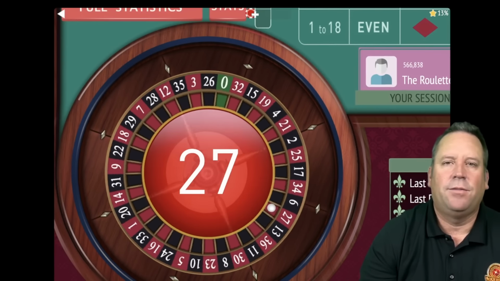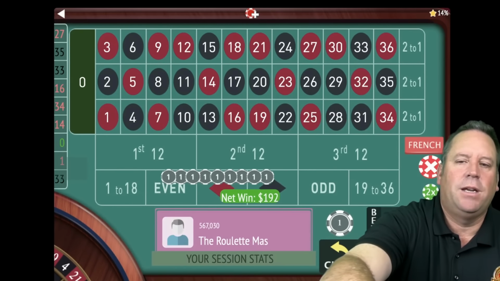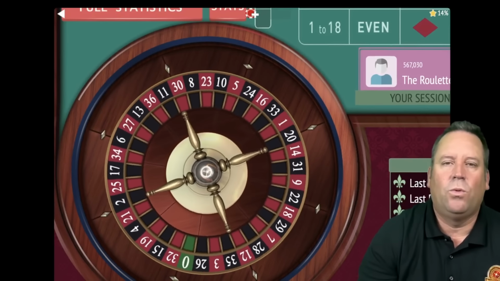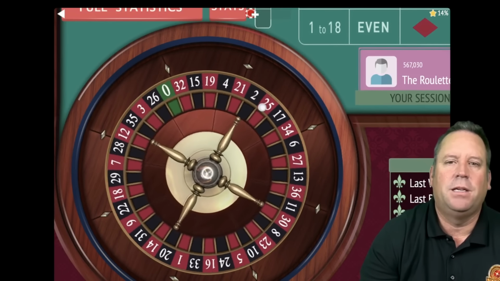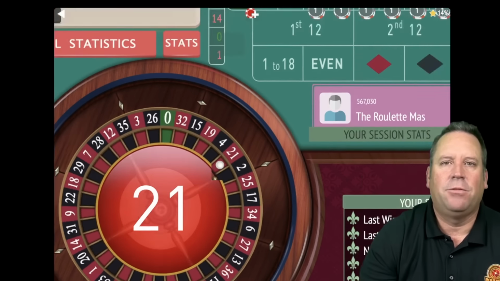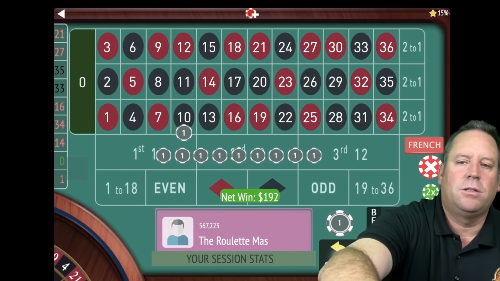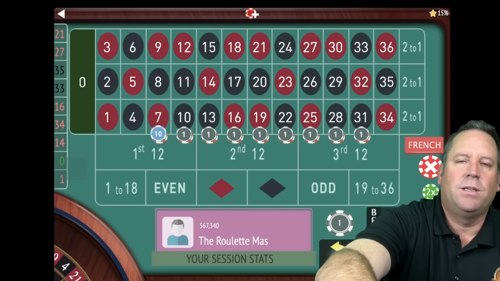And that's a 27 red. That's a win. 192 win. And if we can get one more win here, since we won 1 the time before, I think we'll be good. And we did. Fantastic. So it's time to reset. Okay, we're up $174. And the reason we didn't need 3 wins there is because we won 1 of 2